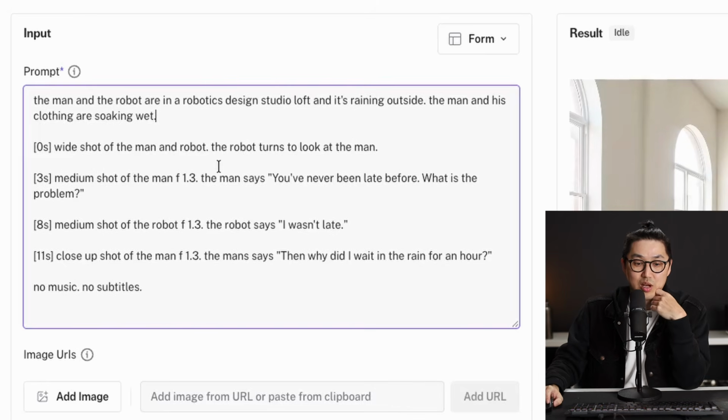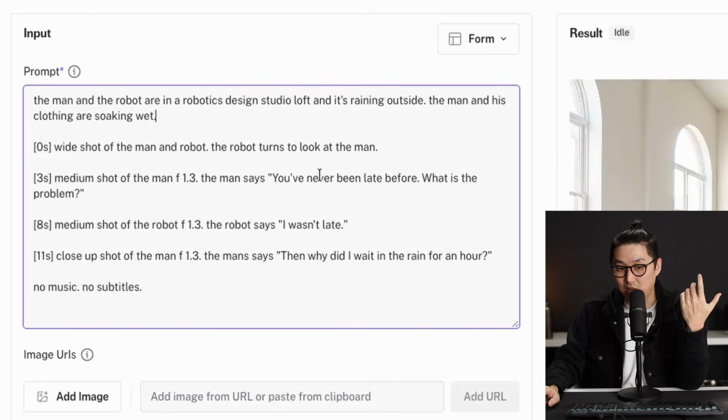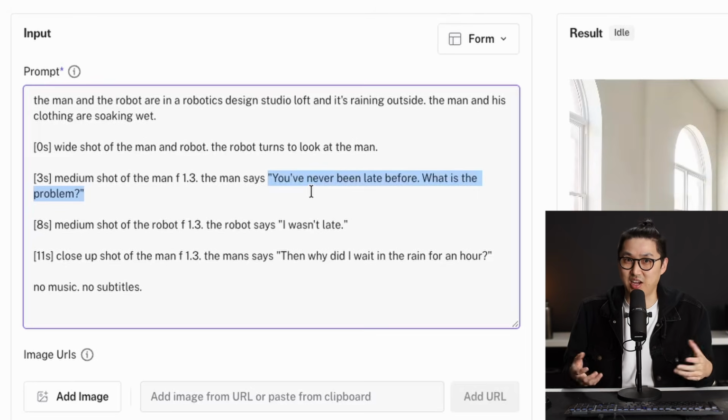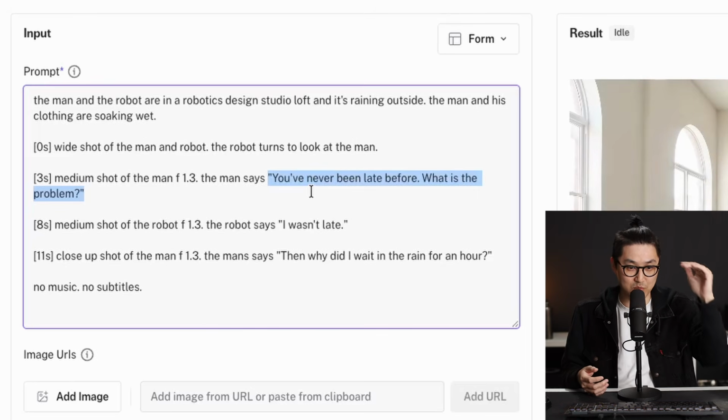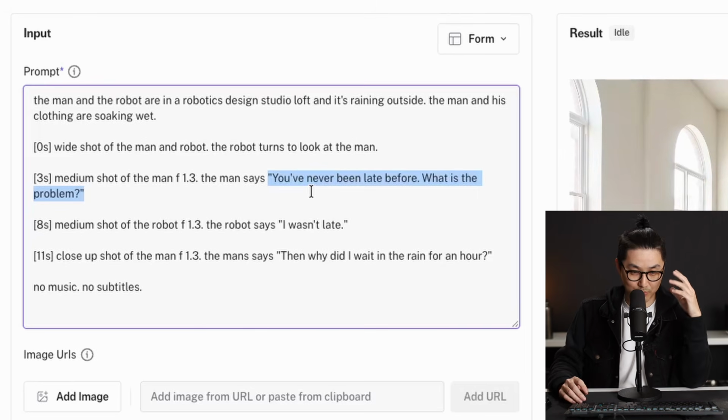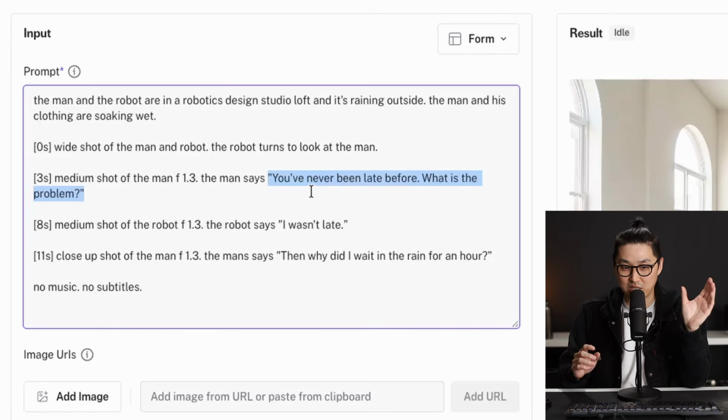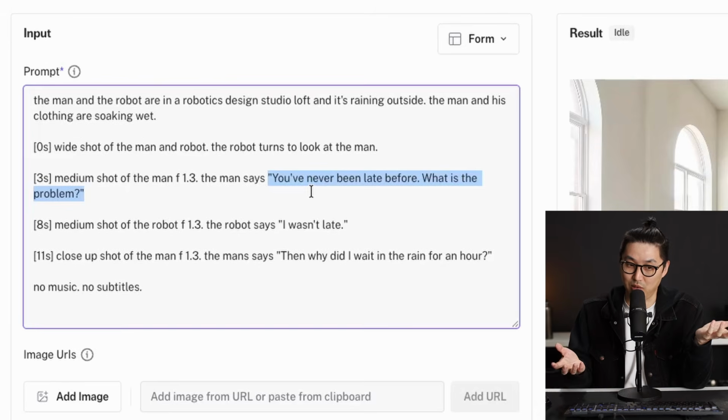Then I put in some dialogue: the man says, "You've never been late before. What is the problem?" So we're getting a lot done all at once here. We're making multiple shots, giving enough specification to make it a medium shot with shallow depth of field, and we're also giving the dialogue all at once.